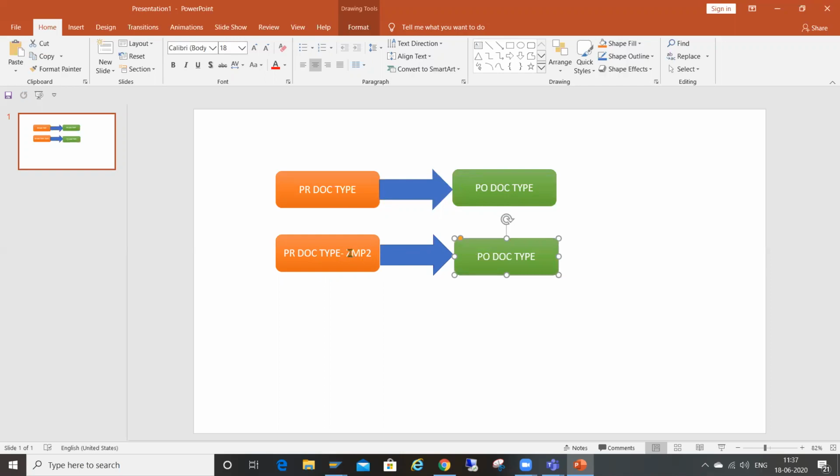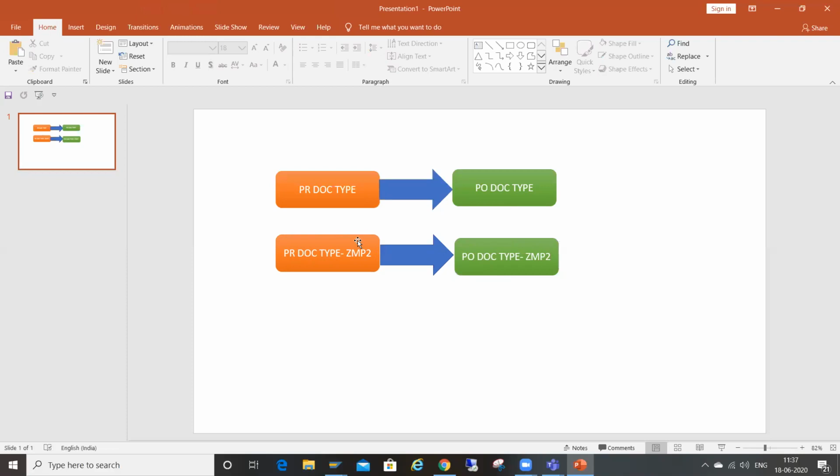If you create a PR for the document type ZMP2 for import, we should use some document type only. For example, I should use ZMP2 only.